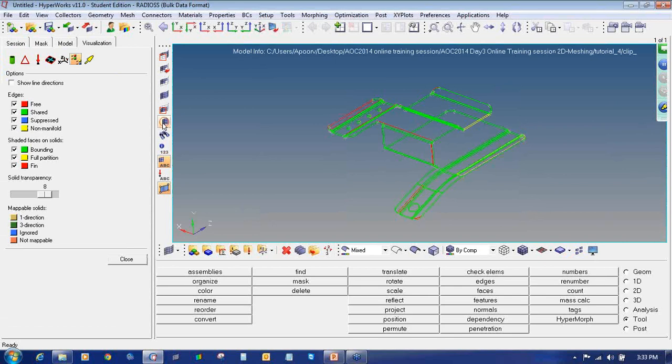Click on the visualization. You can see all these checkboxes are ticked. The first one contains the free edge. If you untick it, it will not show you the red color edges on your model, but they will still be present; it is just not showing them. A red color edge belongs to only one surface. If you have a solid geometry, it should not have a red edge anywhere on your model; that means your geometry is not connected. If you have a 2D model, then at the outer boundary or at the holes location, if the red edge is there, it's okay.